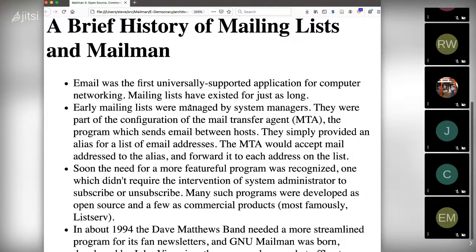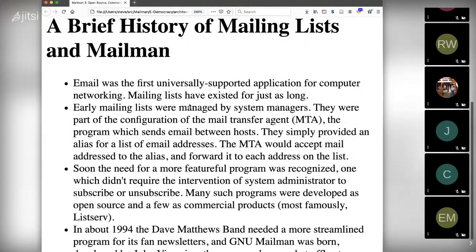Qmail had its own, was that Smart List, I think? And so on. And they all were basically email oriented. You sent mail to the list, a special address on the list, or sometimes with a special subject, and it would subscribe you, unsubscribe you, tell you who was on the list, and things like that.